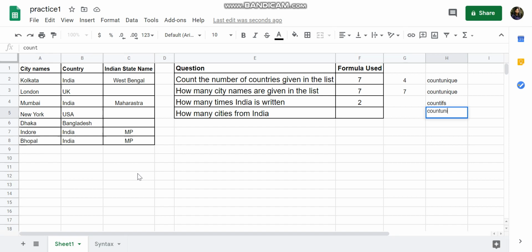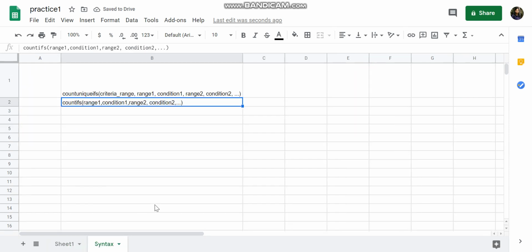For that we use COUNTUNIQUEIFS. The syntax for that formula is COUNTUNIQUEIFS, criteria range, the column that you actually want to count, and then the arguments will be in pairs, that is range 1 condition 1, range 2 condition 2, as it was in COUNTIFS.